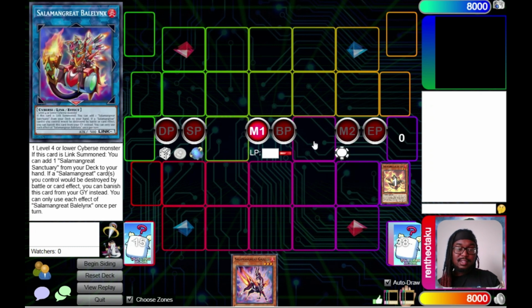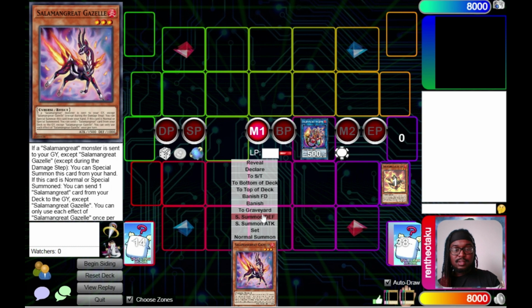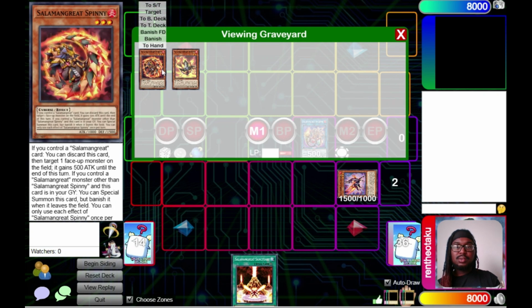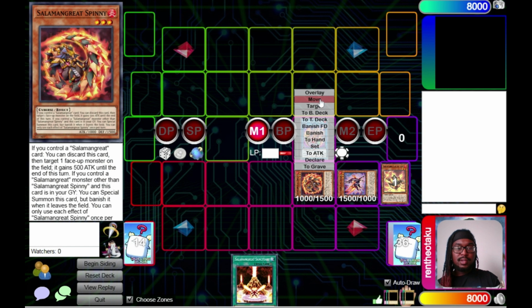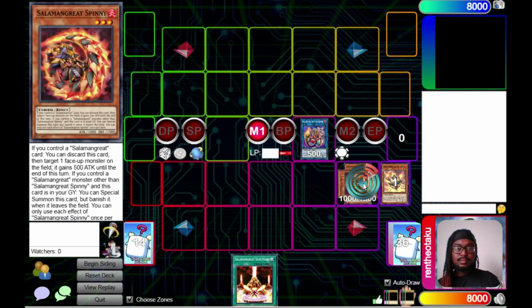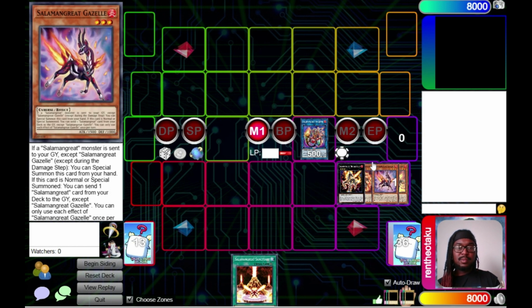You can do Baylinks as your 1, Gazelle as your 2. And then from here, we'll also do Gazelle's effect to dump our Spinny. Spinny, since we control a Salamangreat, we can special summon from the graveyard. Then you overlay these 2 into your Mirage Stelio. Use the Mirage Stelio effect, we can detach the Gazelle, because it's the one we're going to grab back if possible. And we'll summon out